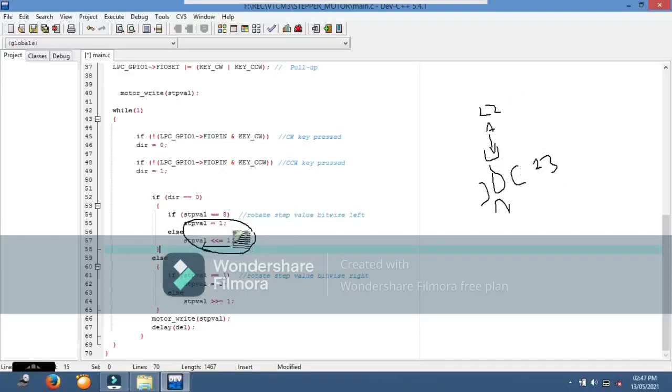So when you rotate the step value towards the left, the step value will become 2, which is 0 1 0 0 1 0, and the remaining bits are usually 0 only, because it is 32 bit.